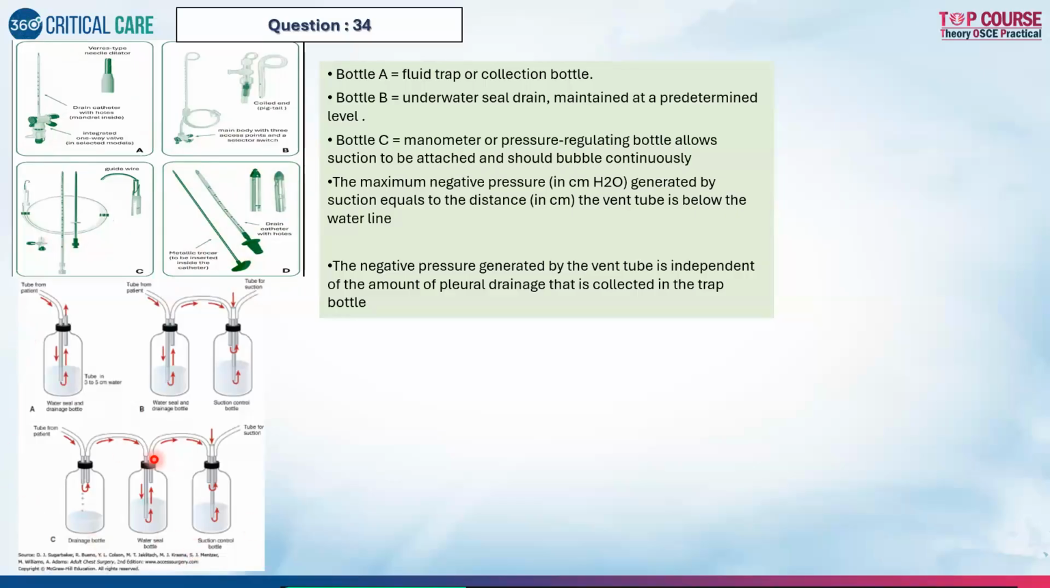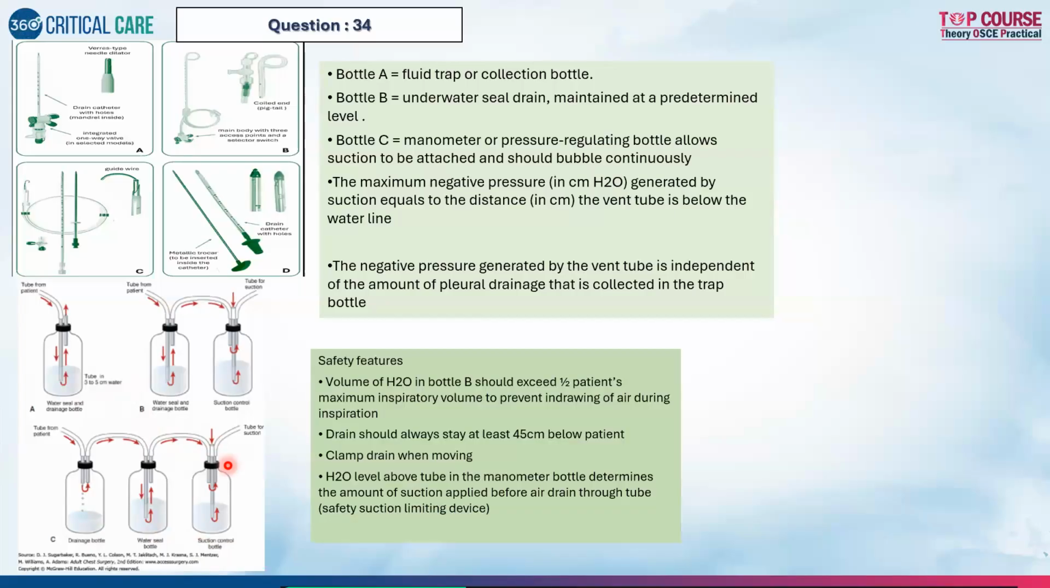When you are drawing the ICD system, you have to draw these three bottles. The first one being the fluid trap or the collection bottle. The second one being the water sealed bottle or the underwater seal. And the third one being the suction control bottle. And the maximum negative pressure that is generated by this suction is equivalent to the distance from the vent tube